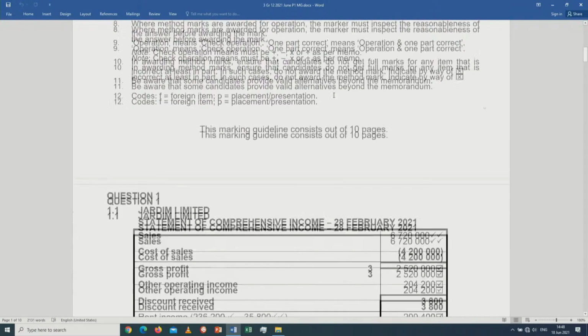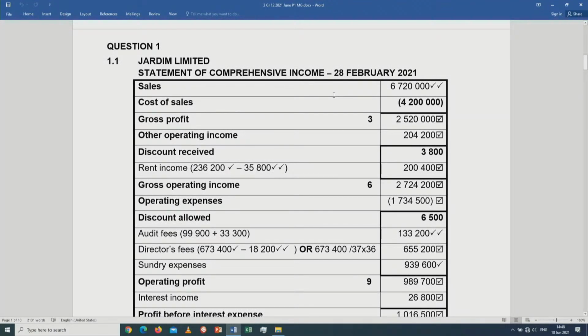Okay, colleagues, let's move to question 1. This is the income statement, colleagues. Sales, remember, we are not supposed to get any workings in brackets. So learners were supposed to calculate. If you check adjustment number 1, they were given a profit markup of 60%. So learners were supposed to use the given amount of cost of sales, this figure, to calculate the sales. If they've shown the calculation thereof